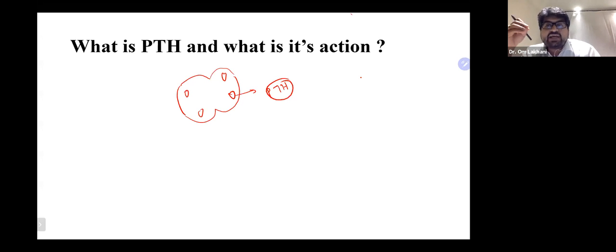But parathyroid hormone is under inhibitory control. It is not under stimulatory control. It is inhibited by calcium sensing receptors. In the same way, prolactin is generally produced, but it is inhibited by the dopaminergic pathway. So this is the beauty of this hormone. It is not stimulated, it is not produced, rather it is inhibited.